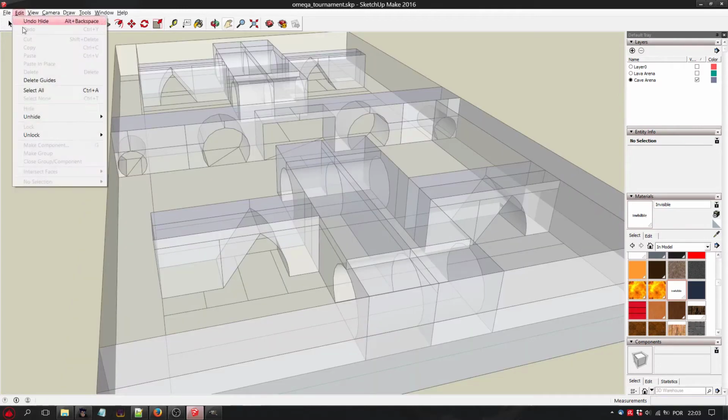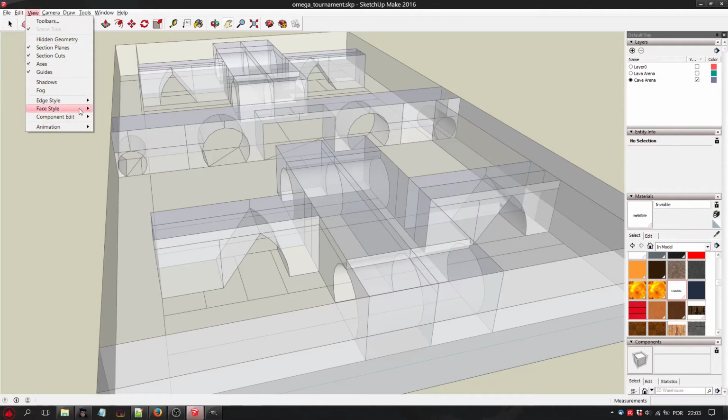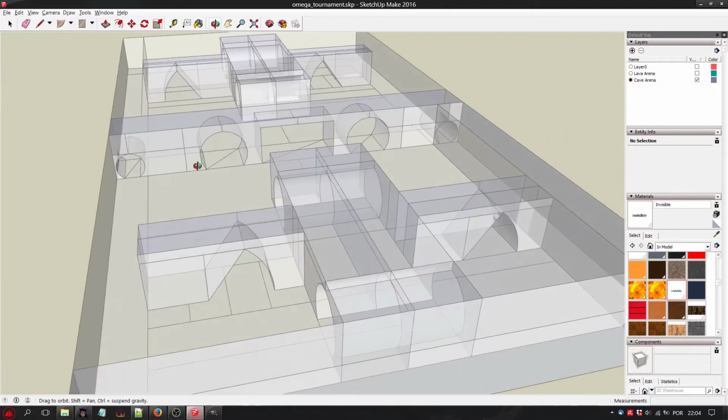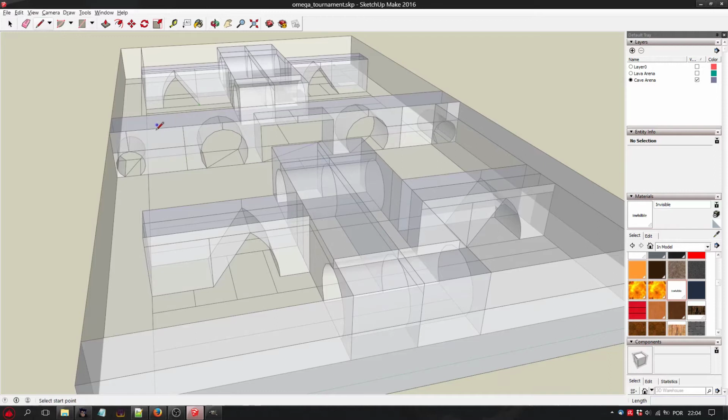We'll also use monochrome, so it takes away the textures so you can see better what you are doing. Okay, so let's do this.